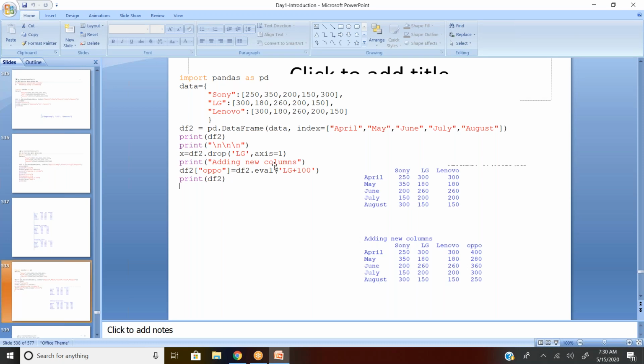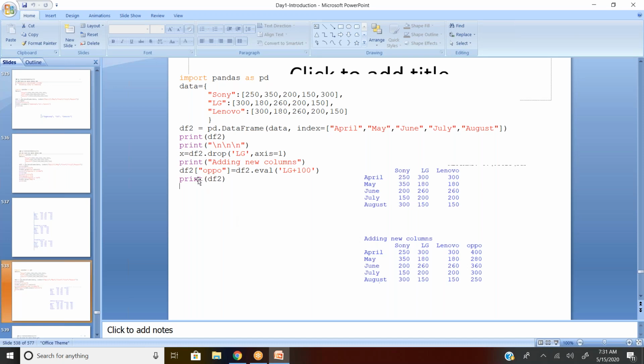So there are two options. I can add the values like a list I can assign, or I can refer to an existing one and save it. For example, instead of Oppo, it is a revised salary of an employee. So I have an existing salary of an employee. Just multiply by 0.05, nothing but a 5% increment for everyone.